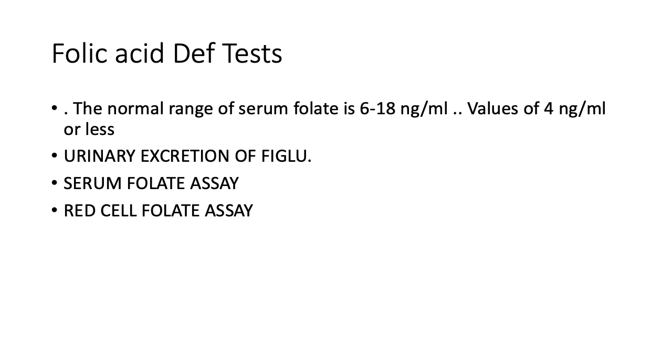So this could be the history given to you in the exam, like a patient presenting with atrophic gastritis with a beefy tongue and macrocytes or megaloblasts in the bone marrow. What would be the diagnosis? And they might ask you to write peripheral smear and bone marrow findings in megaloblastic anemia. Okay, that concludes megaloblastic anemia.